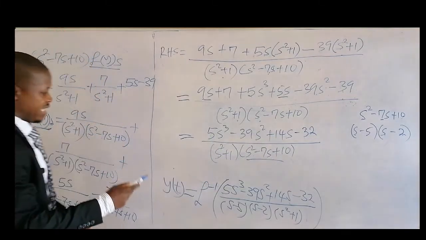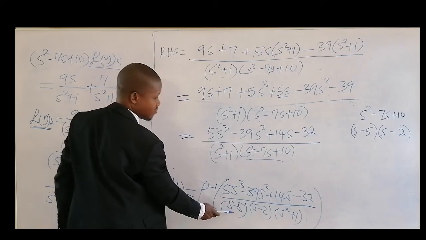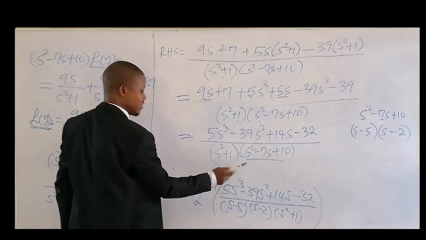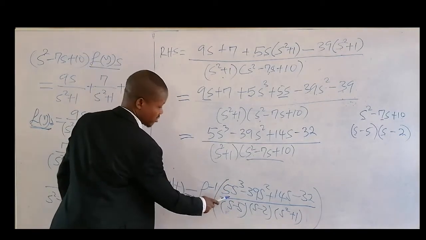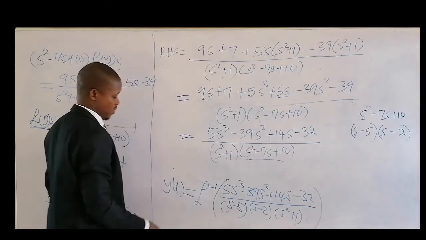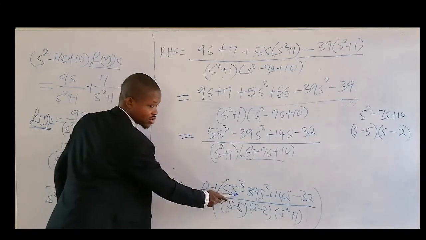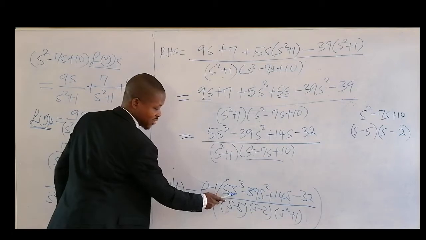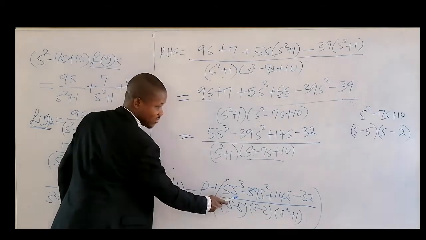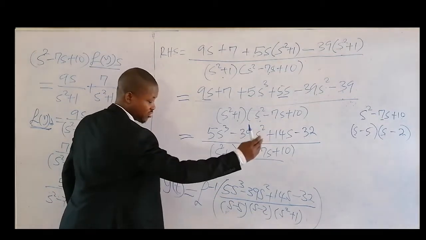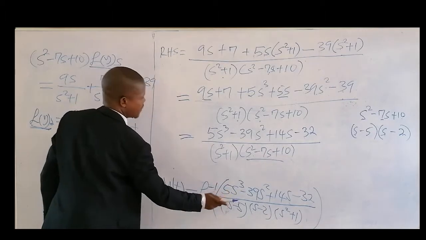If you check, your denominator has power 4, which is higher than the numerator, and this will take us to what? Partial fraction. We are looking for the inverse of this expression. Okay, there is no table for this expression. We need to break it down into a sum of functions using partial fraction.